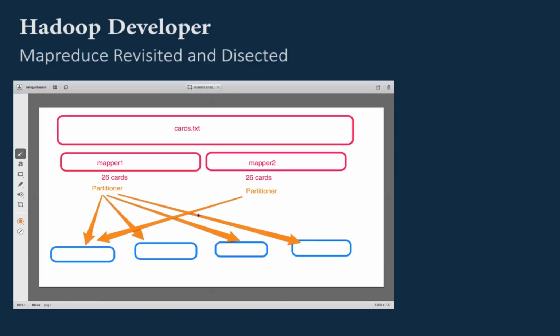Here also Partitioner will try its best to occupy all the reducers. Now the real question is, on what basis will the Partitioner decide which key value pair should go to which reducer? There is a generic formula for that, and the generic formula is